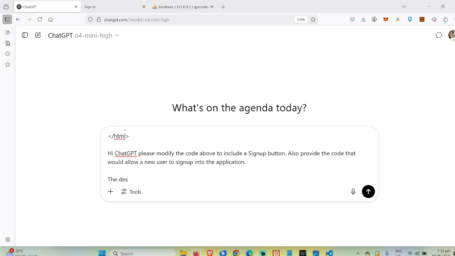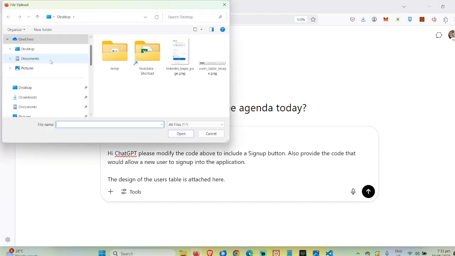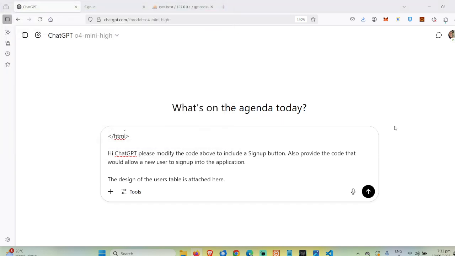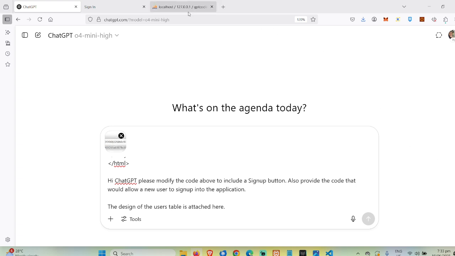The design of the users table is attached here. I have placed that on the desktop, the users table image. Let's see if ChatGPT would be able to provide us with the needed code to modify our application.